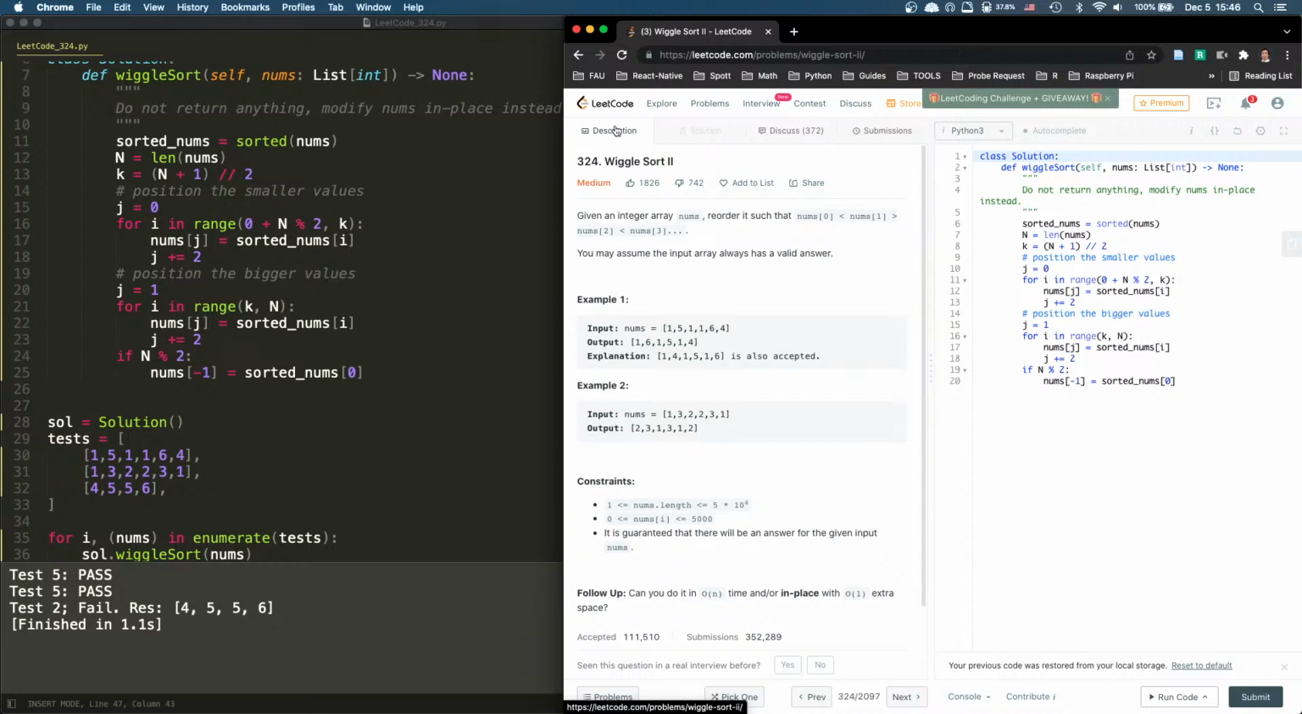Then 2, 3 comes out, and 1, 2. So 1, 3, 2, 3. So 1, 3, 2, 3, 1, 2. So this is after, right? After we have turned the entire thing into